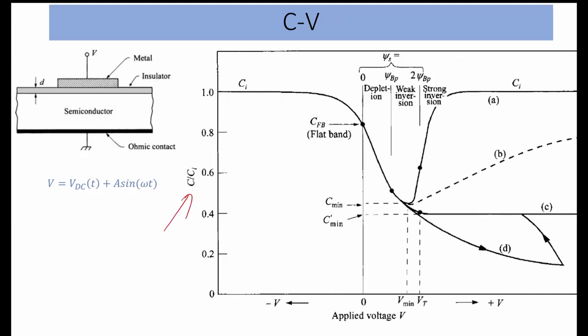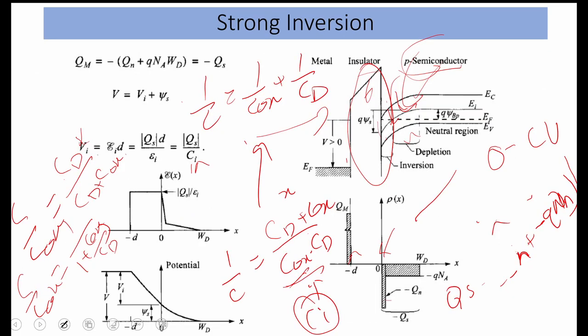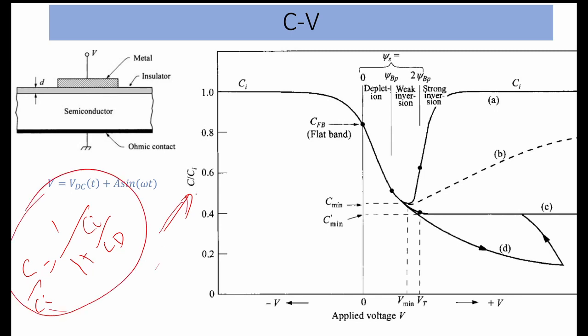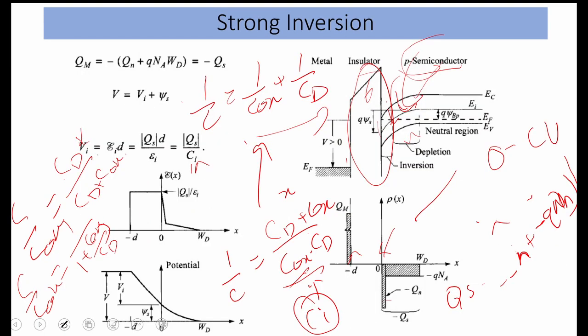C by CI is equal to 1 over 1 plus CI by CD. This is what we are plotting here, C by CI. So initially, as we are applying the negative bias,